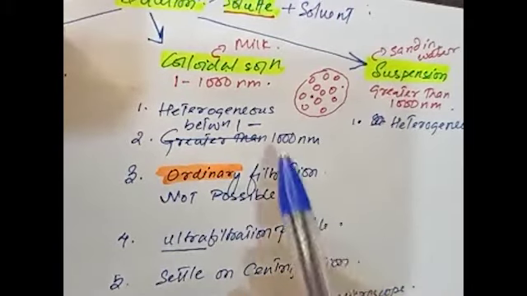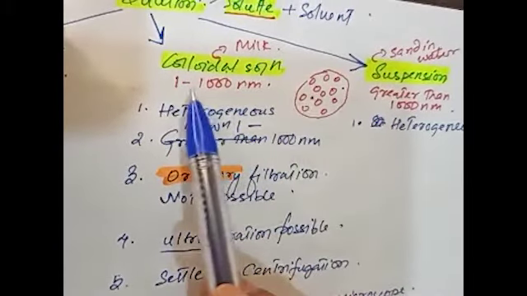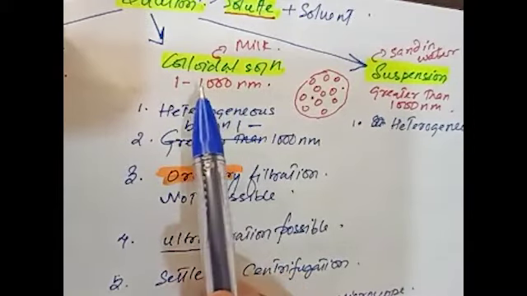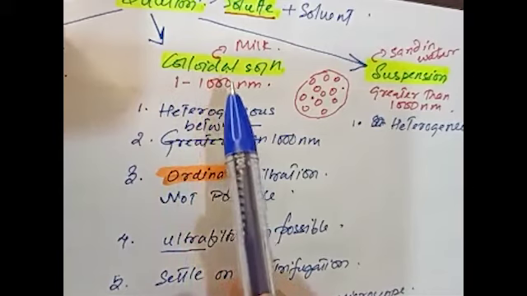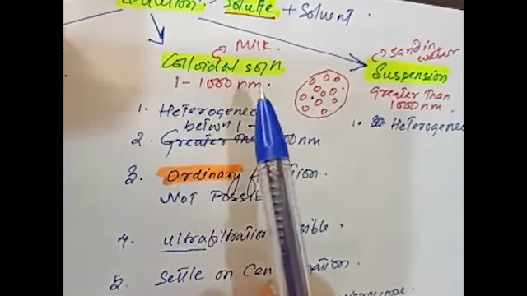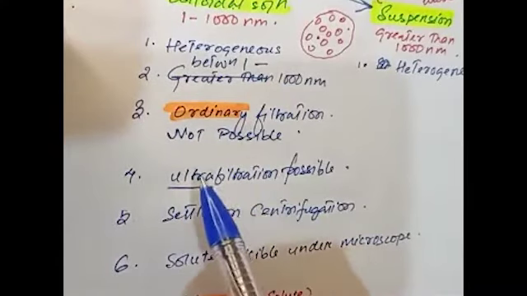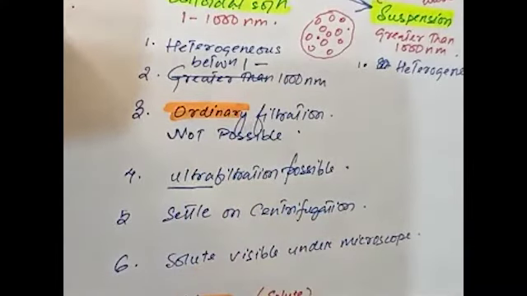Because the particle size is 1 to 1000 nanometer, ordinary filtration cannot hold such a small particle. In ultrafiltration, ultra means a very small quantity. So in ultrafiltration, what happens